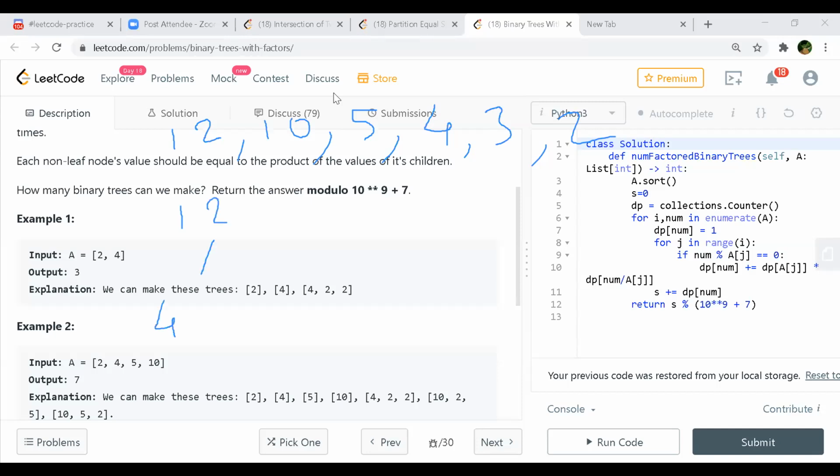So this is 1 because I'm going from here, and then in the 4 I can have 2, 2. Okay, and then this is 1. So as per your logic, the way I understood, Ashutosh, you go from 12 and then you go down.